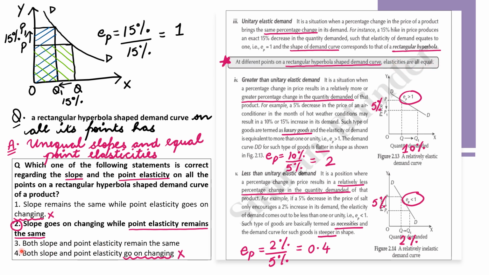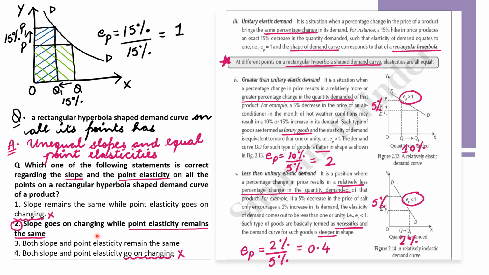And in the third point, the silly mistake you can make is that both slope and point elasticity remain the same. Here point elasticity remains the same is correct, but slope also remains the same, that is incorrect. So do not make a silly mistake. You have to remember that the slope of this type of demand curve goes on